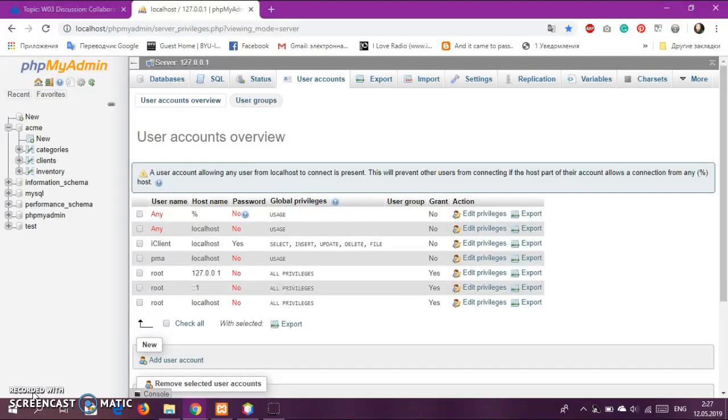It's to build a database connection. So first of all we had to create a user account. This is my user account that I have created with all 5 global privileges. Also we had to create in clients over